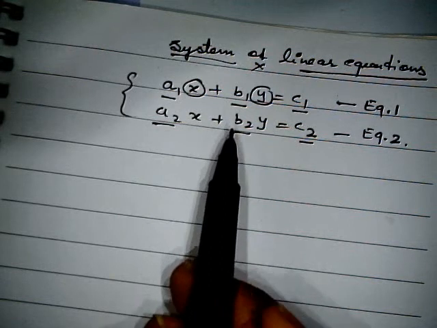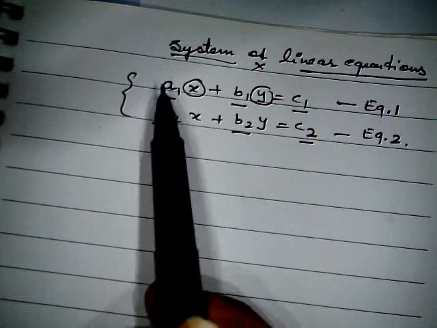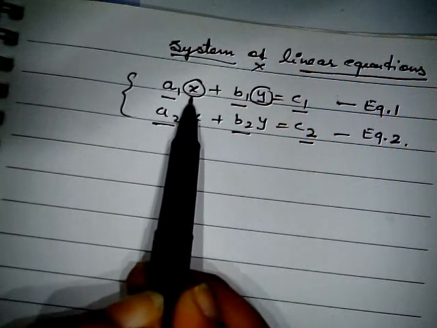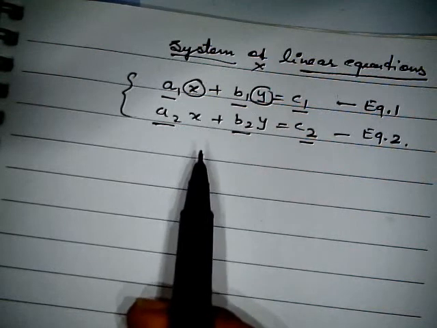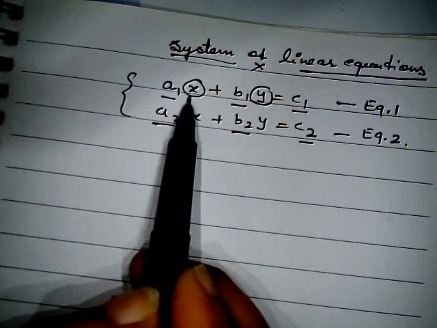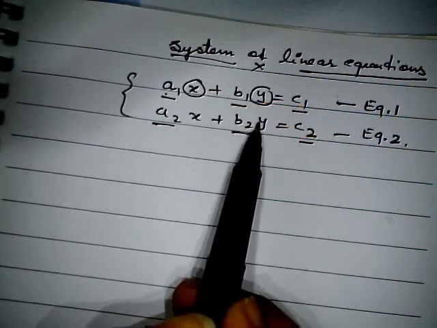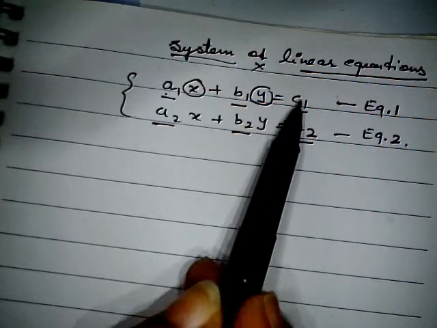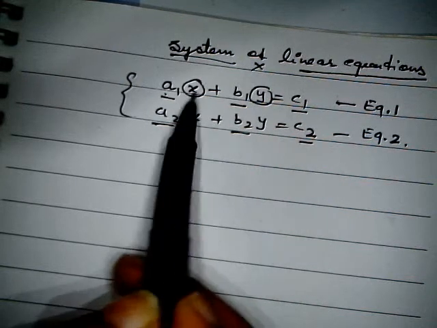Okay, so first of all I am going to talk about the pair of linear equations in two variables, and over here the variables involved are x and y. Sometimes you can see the variables a and b also. These are the numbers before x and before y, and on the right side you can see the two constants c1 and c2. These constants and a1, b1, a2, b2 are going to be real numbers.